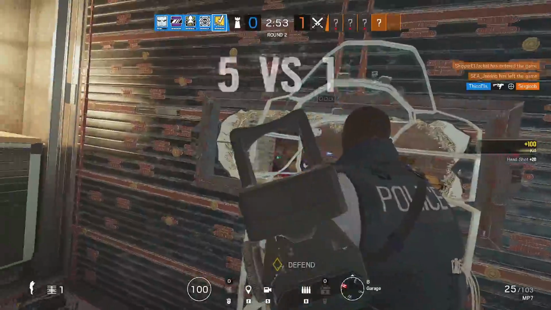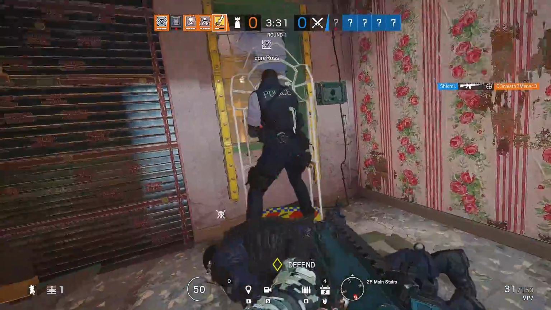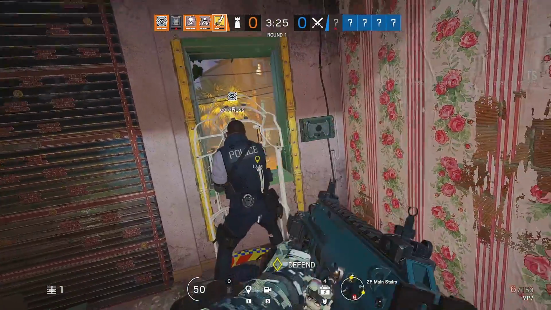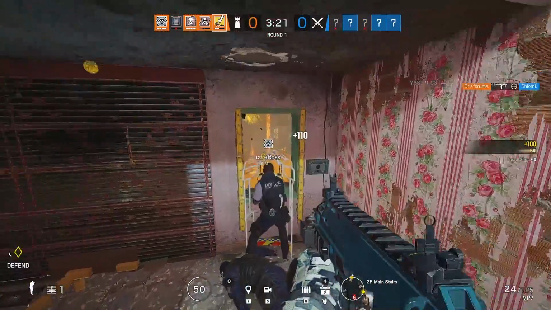Now, you've got to be careful doing this because obviously if you can see the attackers, they can also see you. This isn't exactly the same as a mirror window. Obviously, those are one-way mirrors, so the attackers don't know that you're staring at them. With this, they can clearly see you. So if you're going to peek out, be careful, be creative, and pre-fire the hell out of them at head